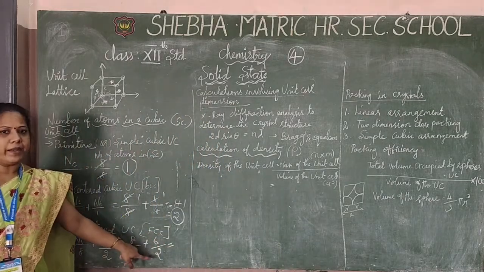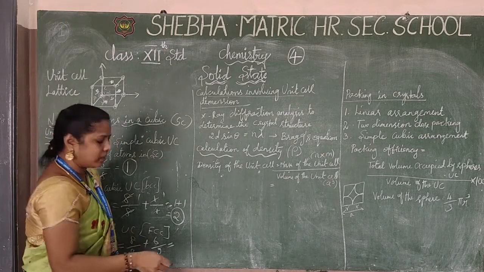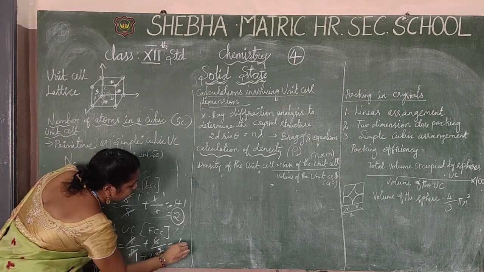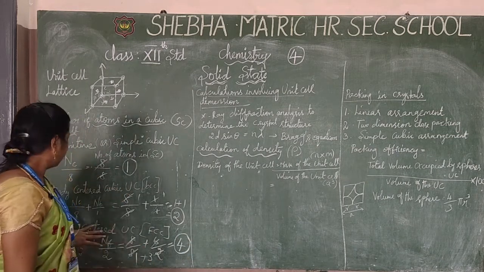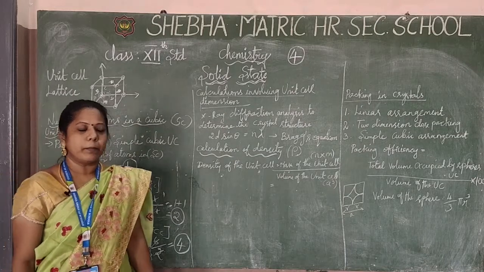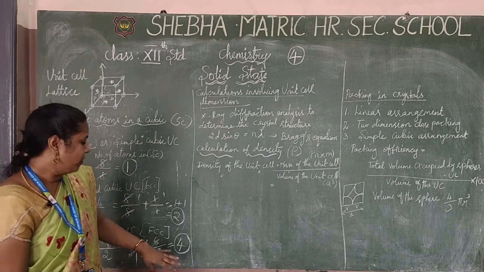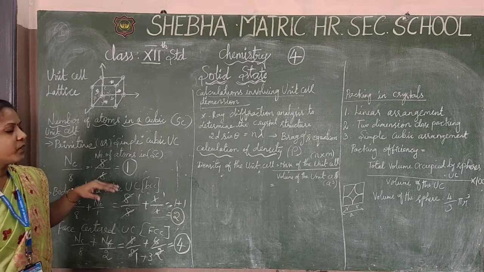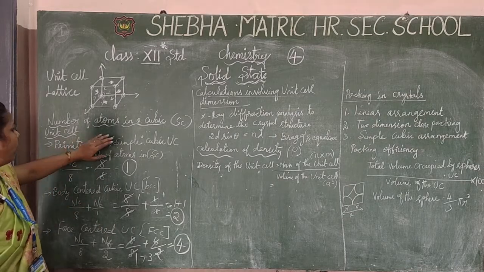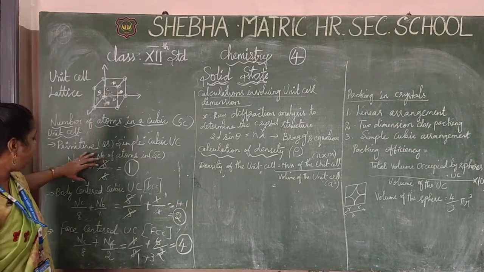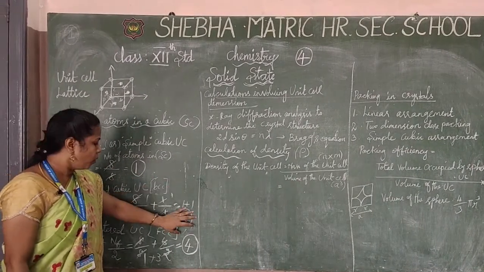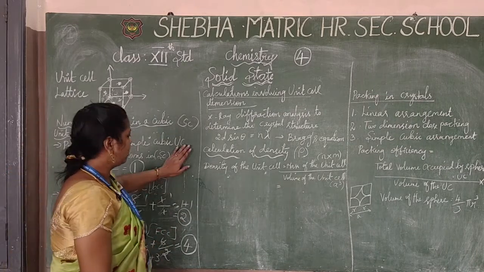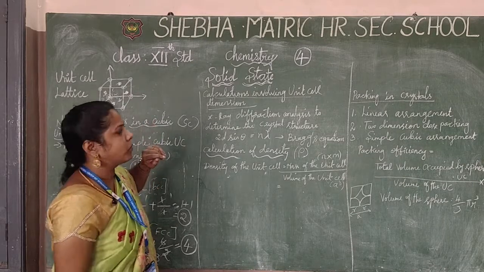So that is 6 by 2. I simplify this, you get 1 plus 3, totally 4. So the face centered cubic unit cell has how many atoms in total? Yes, 4. So you got the point of how to calculate the number of atoms from the formulas. SC, the simple cubic unit cell, is 1, the BCC body centered unit cell is 2, and the face centered FCC is 4. This is the concept of calculating the number of atoms.